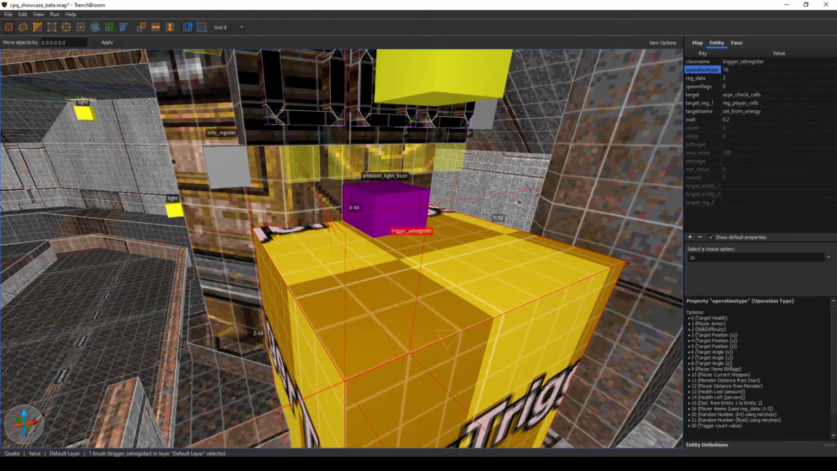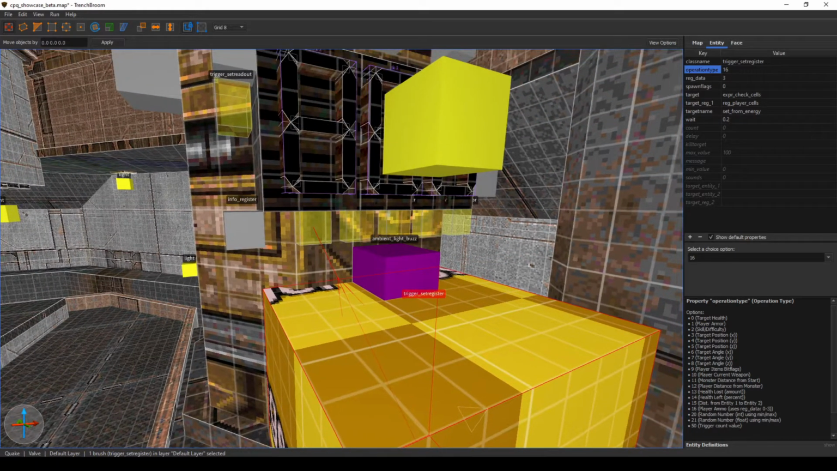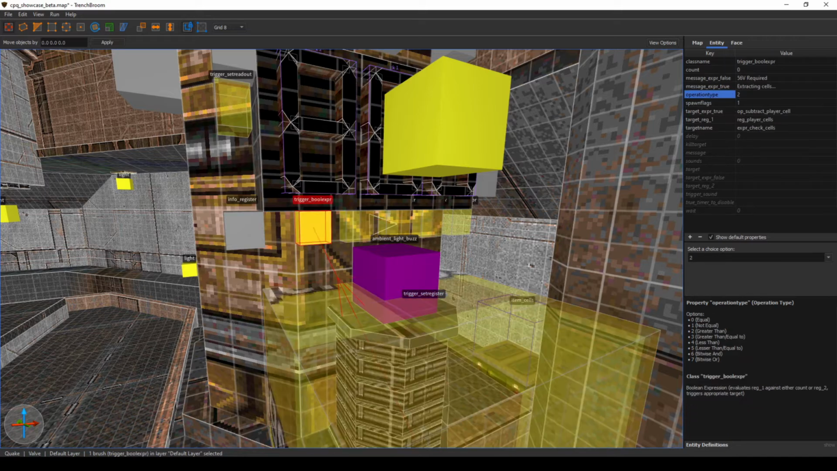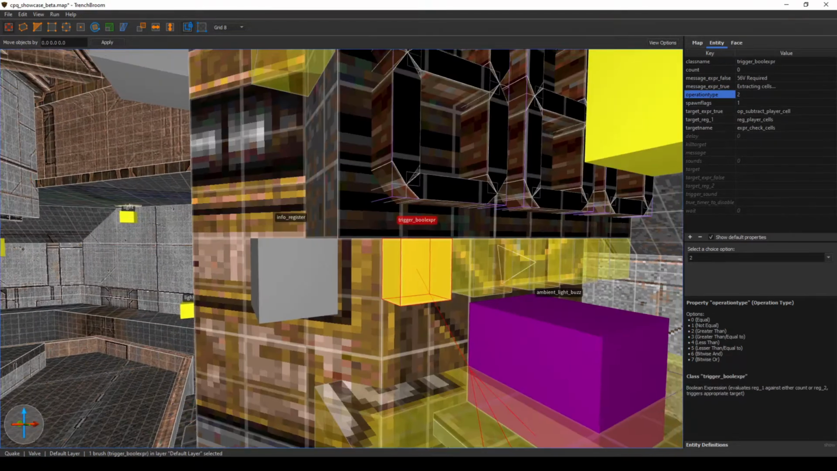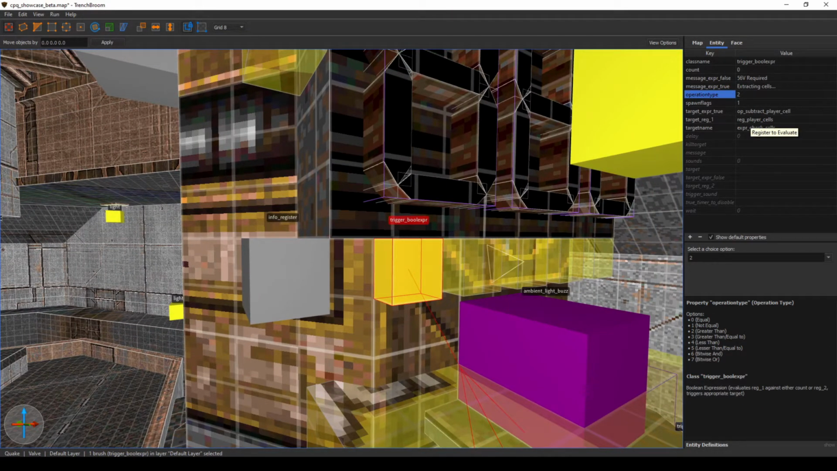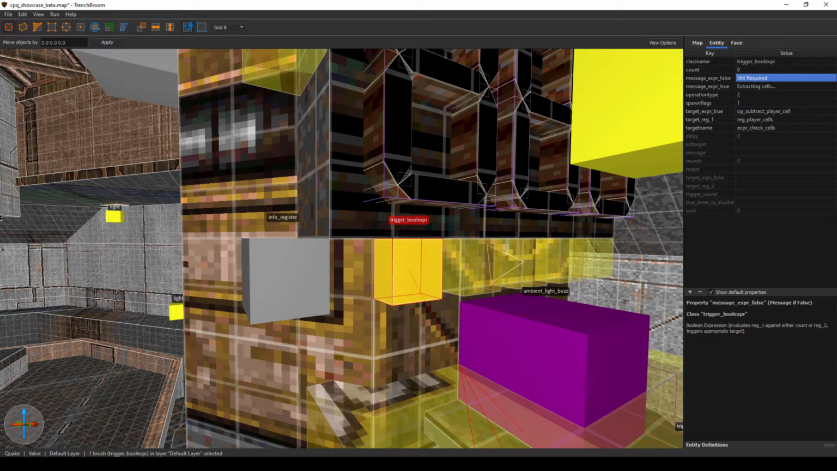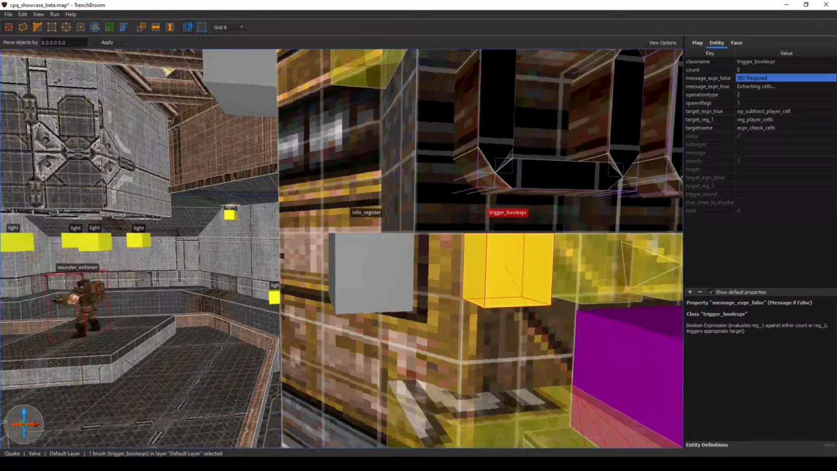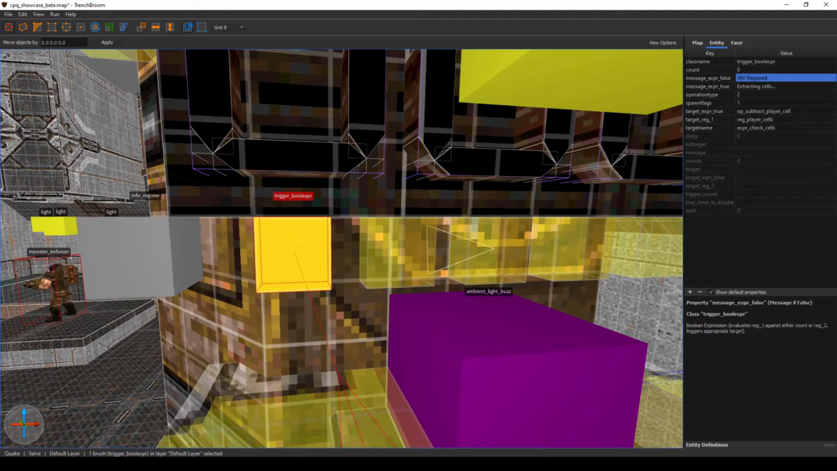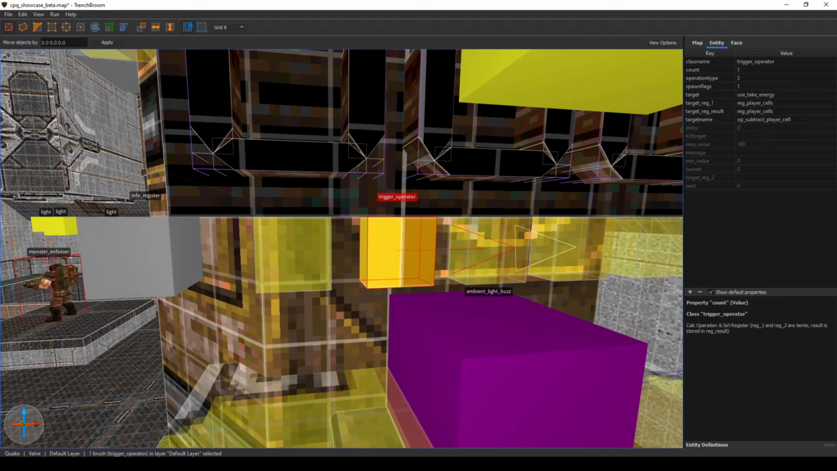The first trigger, the driving trigger, sets the current number of cells the player has. And then we do an expression. We check that register to see if it's greater than 0, basically, if they have any cells. If they do have cells, then we print the extracting cells message. If they don't, then we say 56 volts required. Then, if it's true, we continue to the operator,